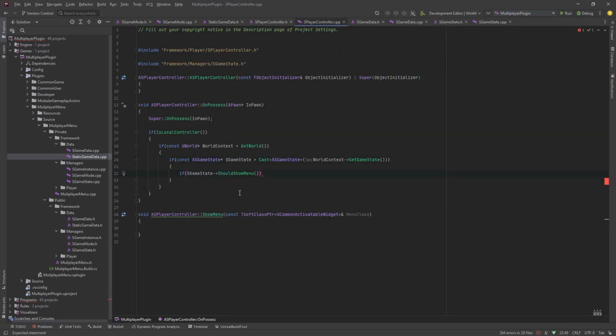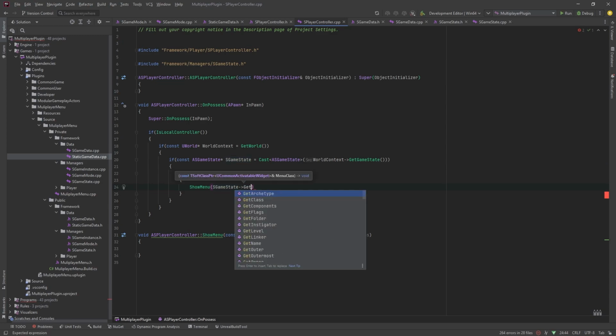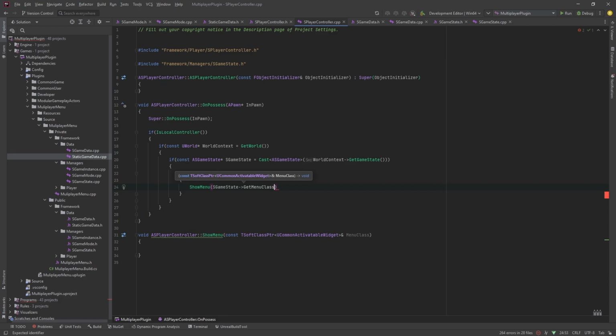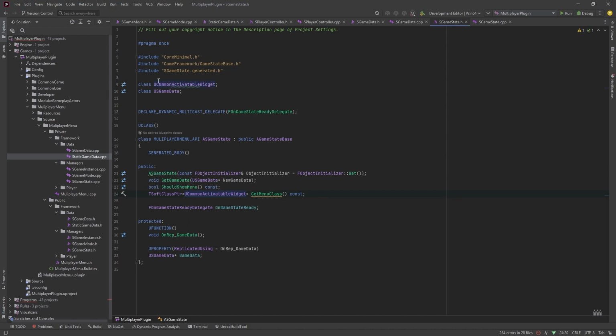So if we should show the menu, then we're going to call our show menu function here. And now we need a menu class to show. So that's also what we're going to get from the game data game state, and we'll get the menu class. And this is a function we'll have to implement as well. So we're going to need a function that returns the same type here. Add the include for the common activatable widget. I mean the include for the declaration, and then